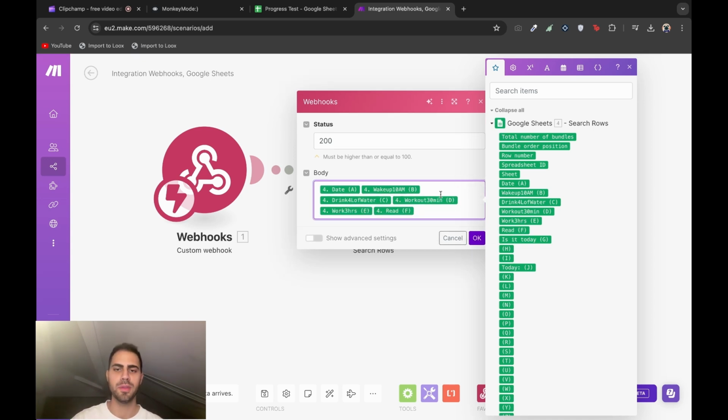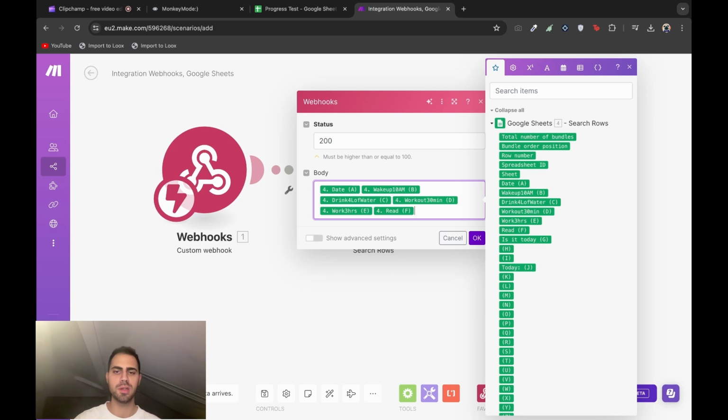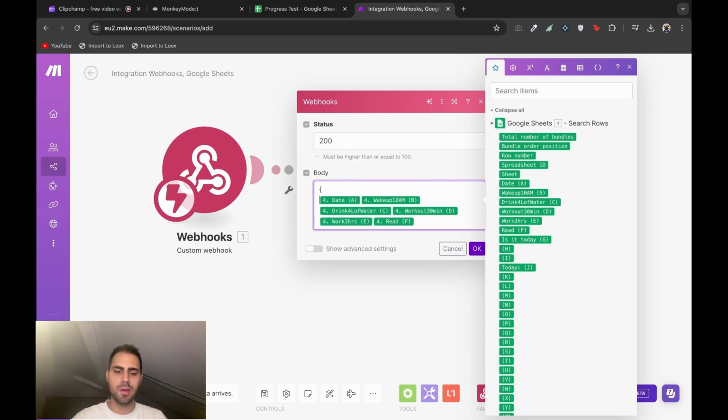Unfortunately, this is not enough, as Voiceflow will not be able to understand this because it actually is only going to take in what is called the JSON format. And this is like a coding format, so we need to reformat this basically. And again, I'm not a coder myself, but still, I'm gonna teach you guys how to do this because it's fairly simple. You're gonna want to add a curly bracket at the beginning, and then add the apostrophe, just like that,